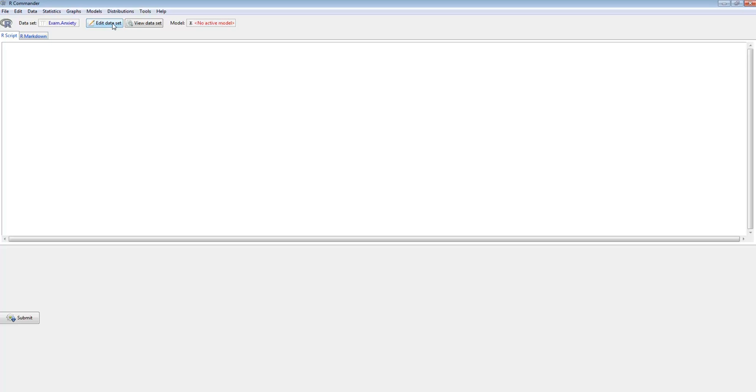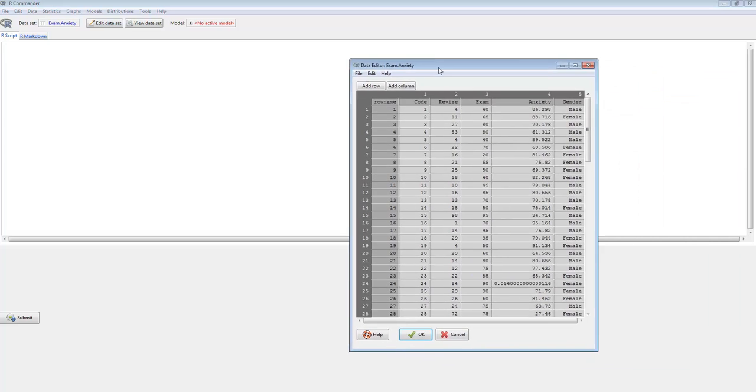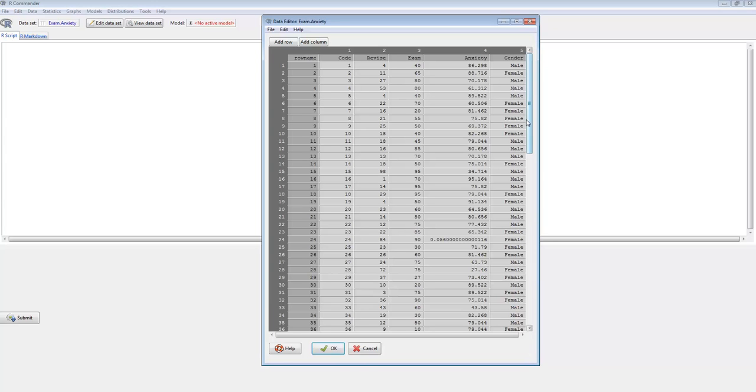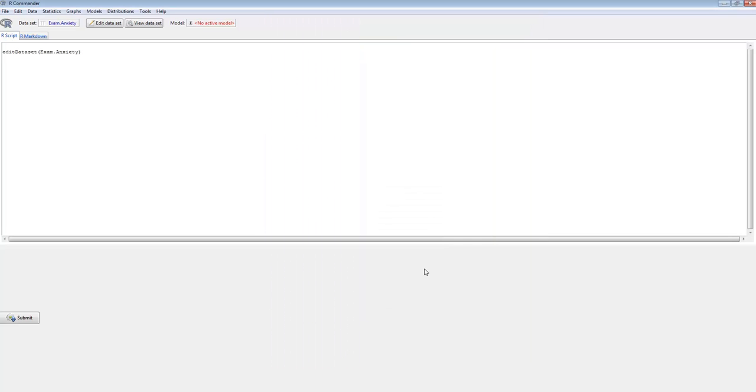I can edit this data by clicking on edit data, and I can actually find data that I need to edit. Let's say that I was not necessarily happy with this number here. I can click in it and I can either try to fix it if that was possible. I'm assuming that this is simply a measurement error, but if I don't know what exactly is going on here, I can simply delete this and type NA, which RCommander or R in general will identify as missing data. So I can click OK. And now in my script, I actually have evidence of what I just did,